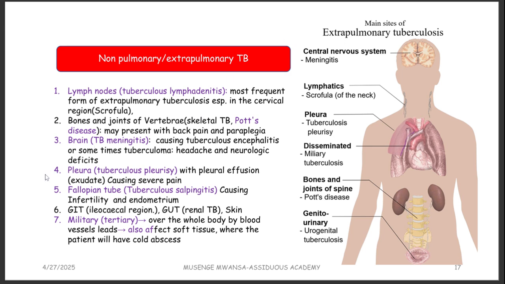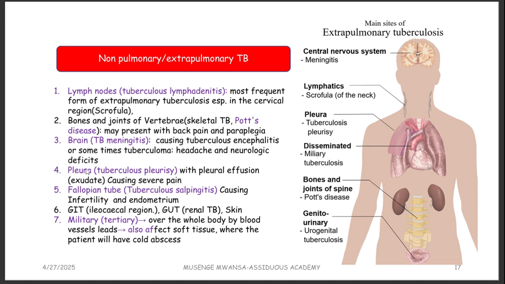Okay. You also have brain TB, which is TB meningitis, probably one of the worst. So how TB meningitis presents is, someone is going to have encephalitis, to present confusions. They can also have a tuberculoma. So TB can either form a tuberculoma in the brain or an abscess in the brain. So take note of those two. Someone is going to have headache and these neurological deficits. So meningitis has got a triad. So you'll be able to see that triad of this headache and the other features.